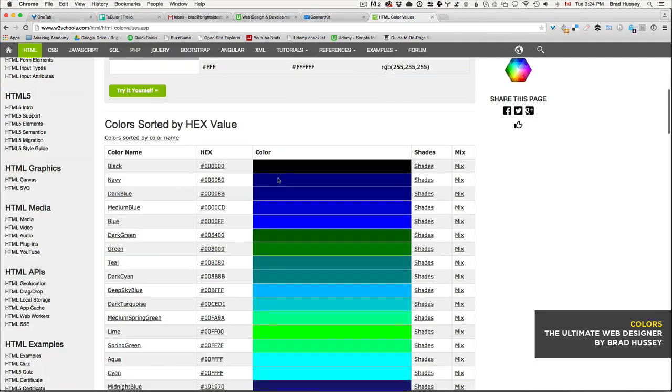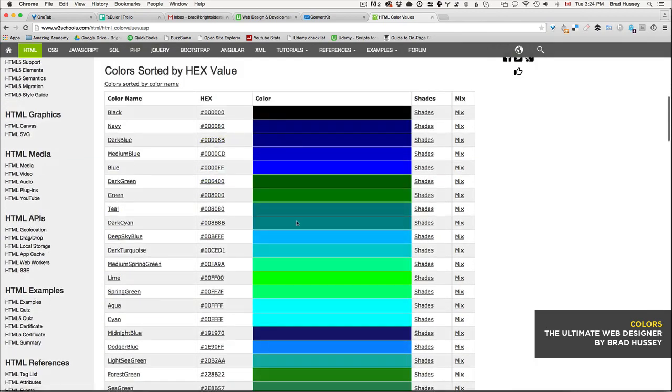Down here, you could see the colors sorted by hex value, and if you wanted to grab the color, you just copy it here and paste it into your HTML document. You can also use the color name, but that's the least popular way of doing it, and you probably don't want to do that because it's better just to use the hex code,